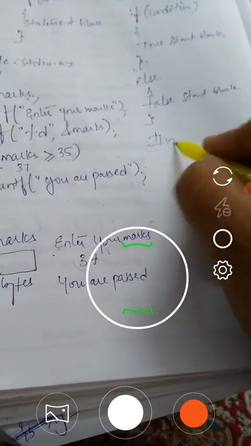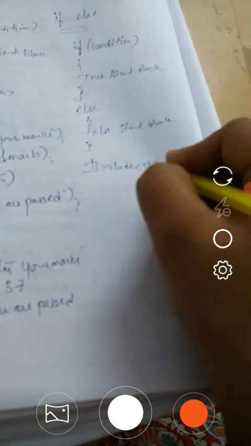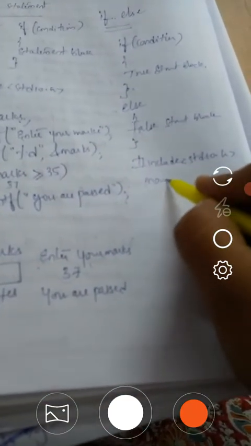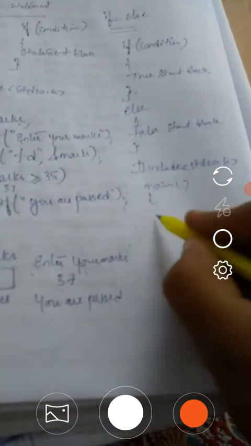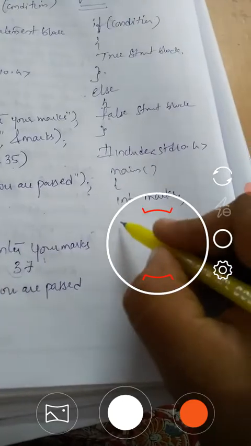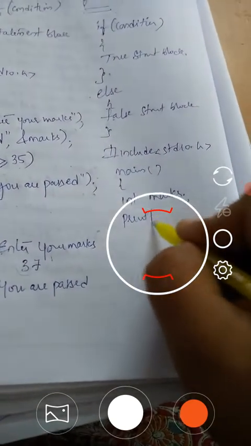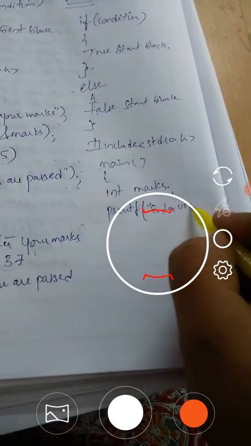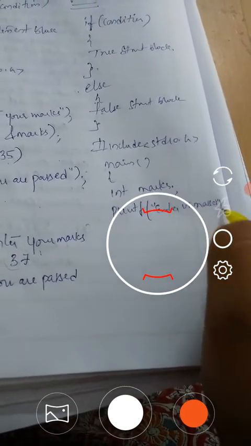#include <stdio.h>, next main function. Next, I am declaring a variable called marks here, which is of integer data type. After that, printf enter your marks.